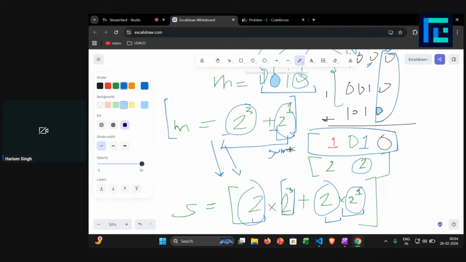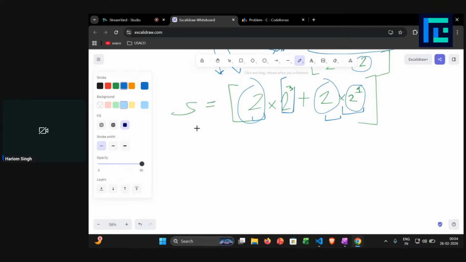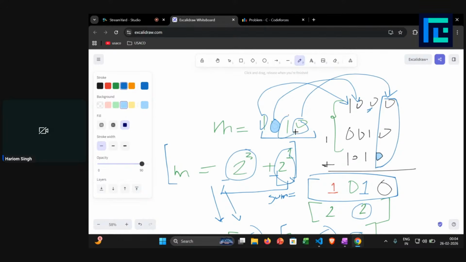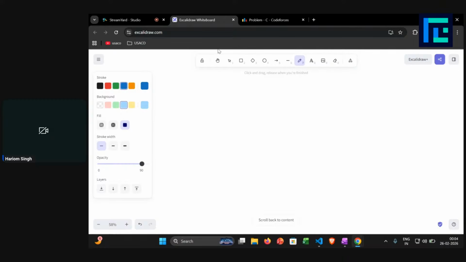What I mean by that is that all the numbers share some value: wherever in the binary form of m you have a 1, you're going to have either a 1 or a 0 in the array A. And when you sum all of these positions, you are going to get